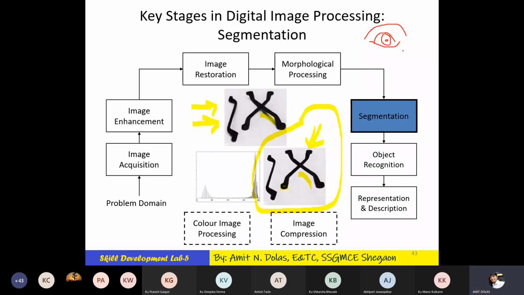So in that case, it is segmented, and only this iris is taken into consideration, and later on further processing can be done. So this is segmentation. We'll have one example later on.